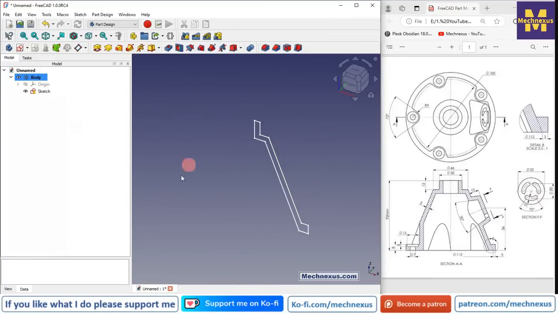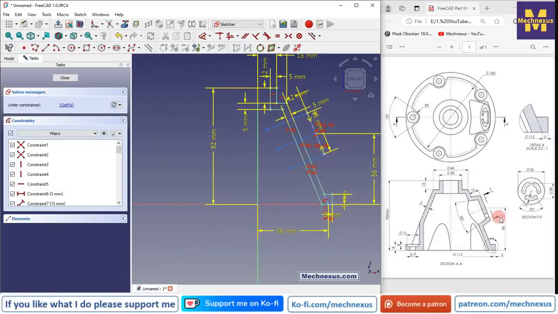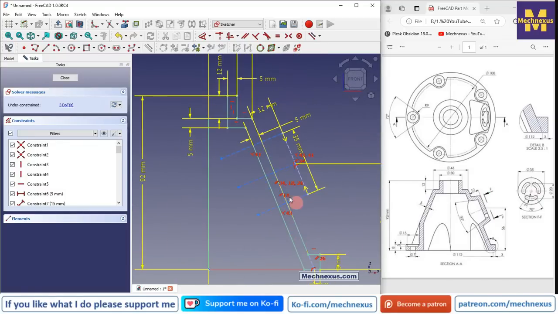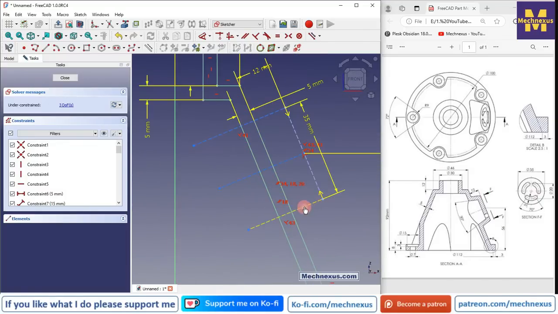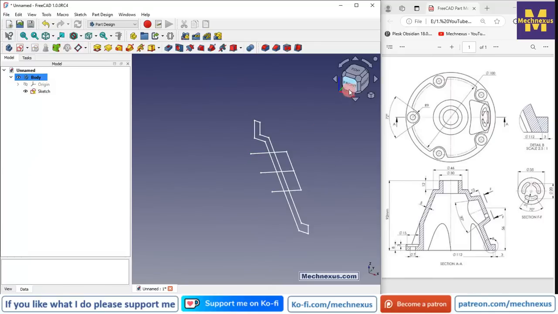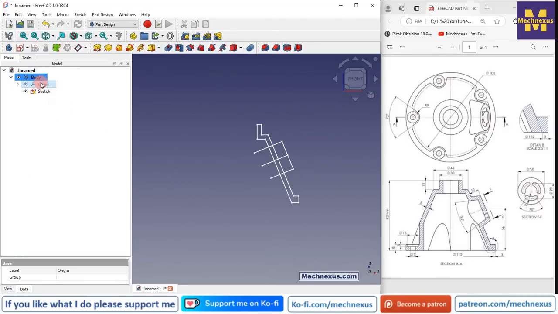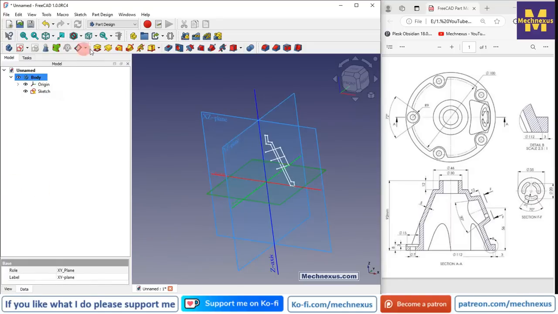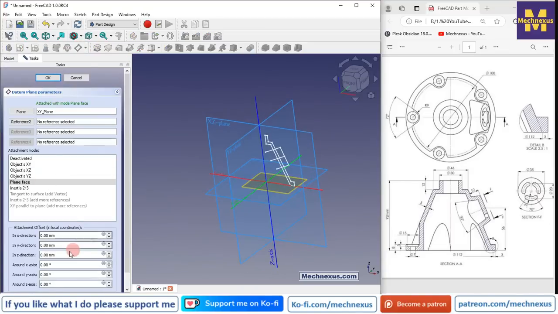We will not revolve it because we will insert a datum plane. So I will make this line visible so that I can see my profile. Now I will select the origin plane, so I will select this bottom plane and create a datum plane at a distance of 56,